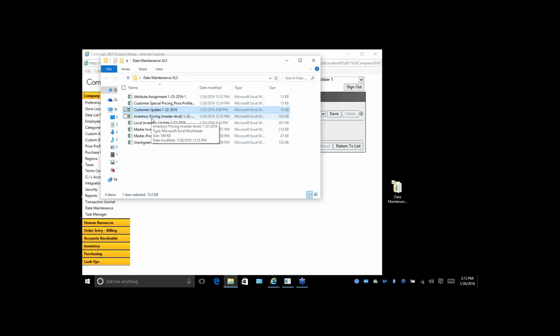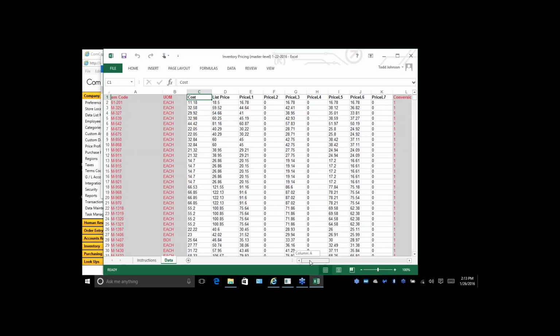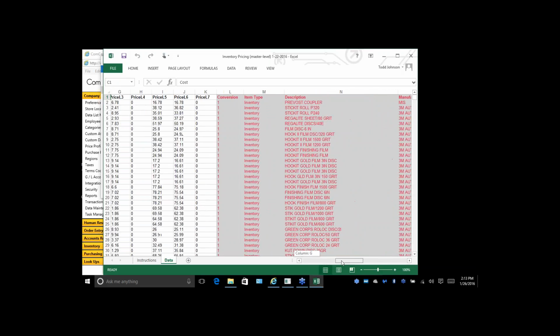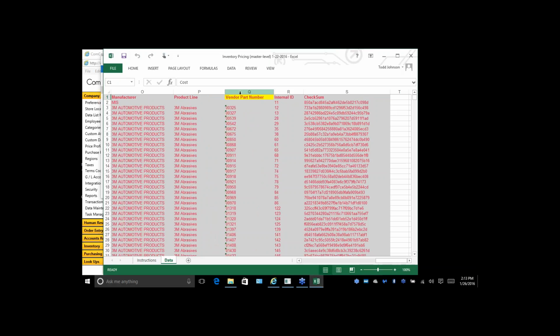Inventory pricing master level, this is probably the most highly used spreadsheet in here. Real similar to the previous version. What we added to this one is some information columns, manufacturer and product line, and we also added vendor part number. So if you're using vendor part number for the EPO, e-commerce type stuff, and you're getting files from outside